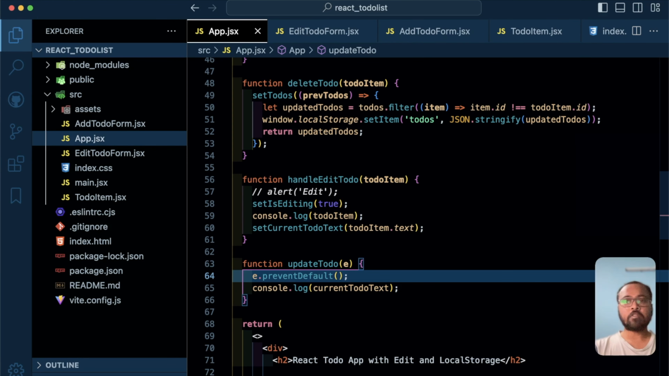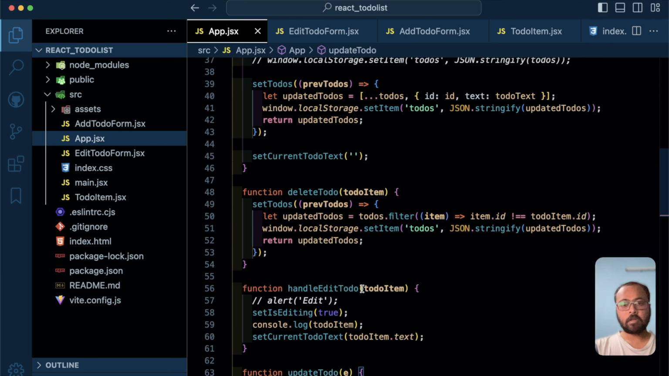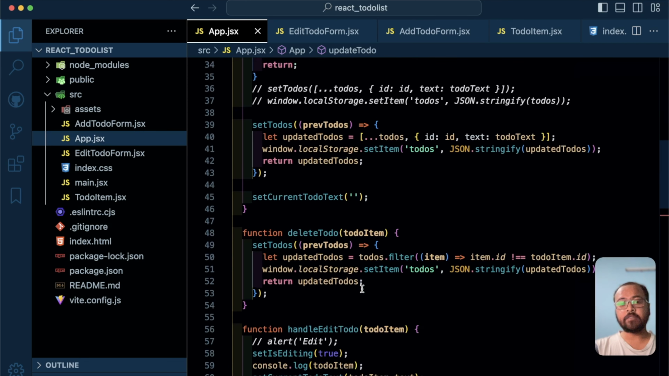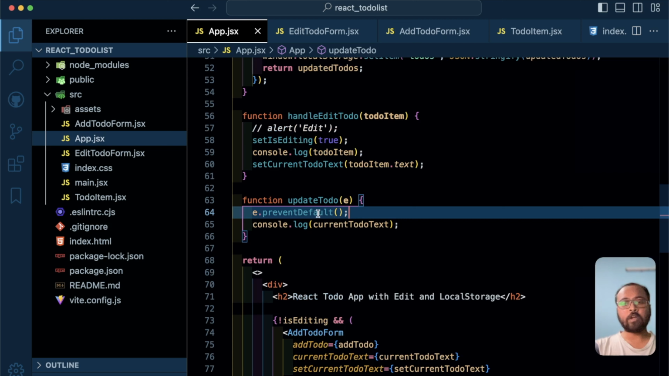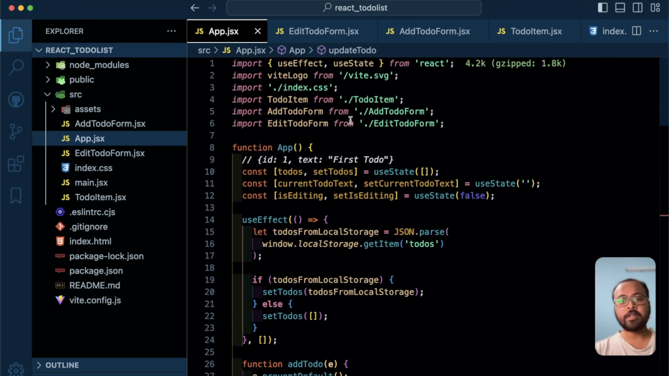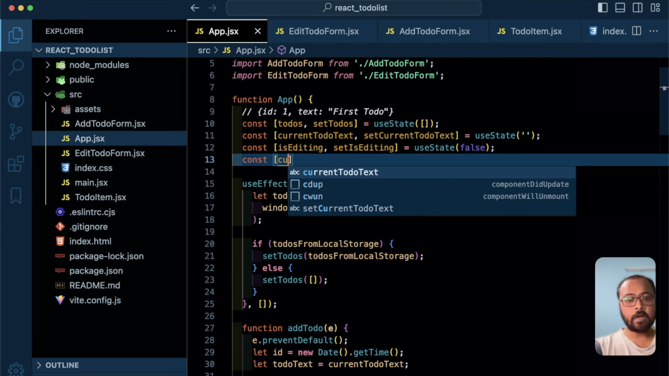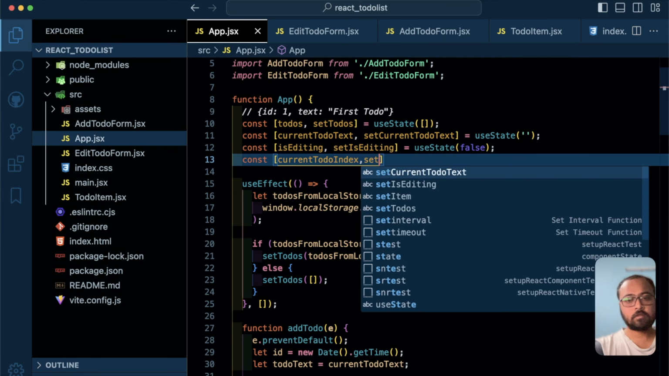Now the next thing is that we have to update the to do with this new text. For that we need to identify the to do on which the user has clicked. But at present we are only getting access to the current to do text, not the to do itself. So how do we identify which to do the user wants to update? For that we can create a new state called current to do index,